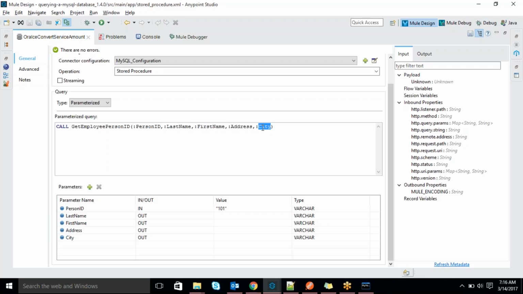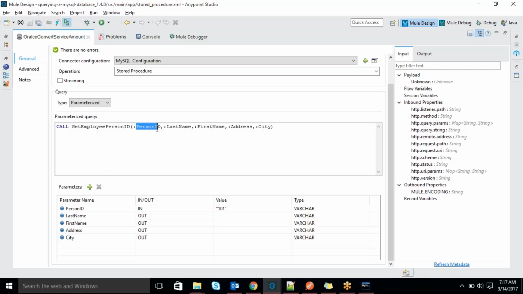Whatever it is, either an in parameter or an out parameter, all parameters we have to mention here. However many parameters we have in the procedure, we have to mention them all, whether in or out, no matter. We have to enter all the values. So, call procedure name.